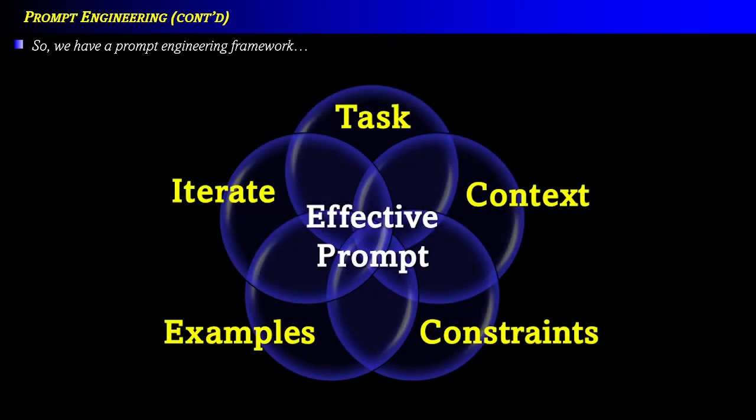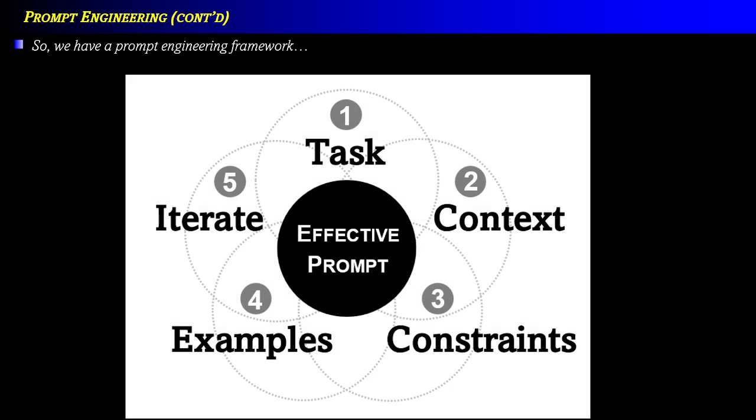So, this framework in prompt engineering and the 5 tips I've provided provides an infographic approach to looking at how, when you sit down to work with an artificial intelligence, for example, a large language model, when you sit to provide that input, that prompt, what can you do to engineer a more effective output? So if you think of those 5 areas, task, context, constraints, examples, and iterative process, the effective prompt starts to